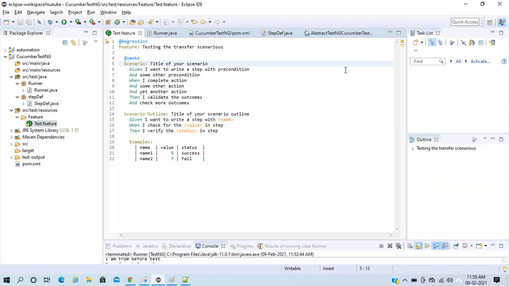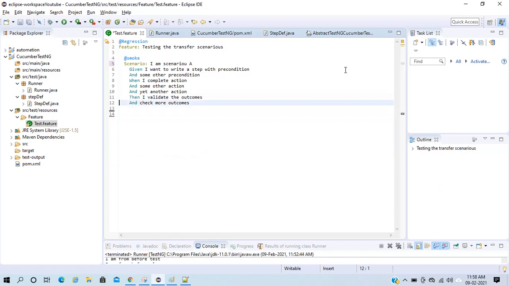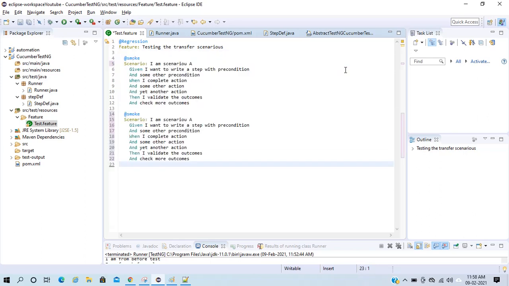What I will do is change the scenario name in my feature file to scenario A, remove this scenario outline, and create a second scenario, scenario B.